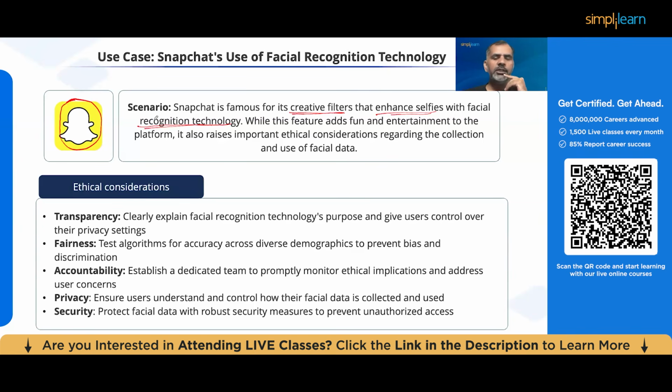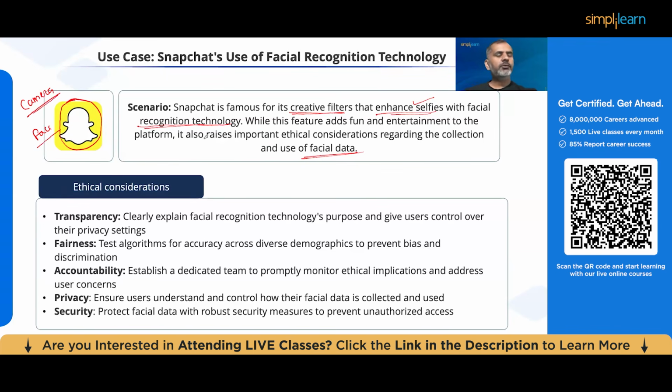Now, while doing this, it has to access your face. So it has to access your camera first. When you put the camera to your face, it takes the facial image. Now it is going to use your facial data. That's very important. It is going to use your facial data for applying all these features or functions on it, whether that enhances your selfie, or you add some props on your face, whatever you do. But at the end of the day, you need to give permission to access the camera, and then it is going to take the image of your face.